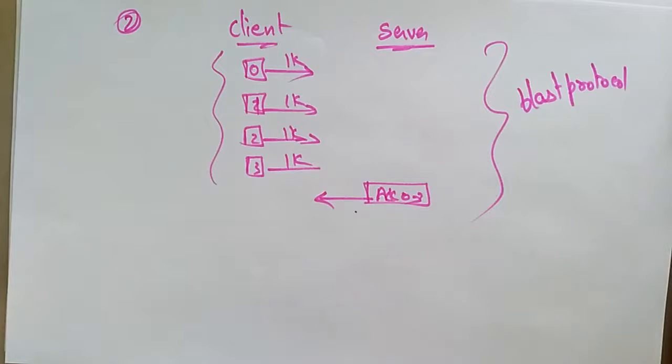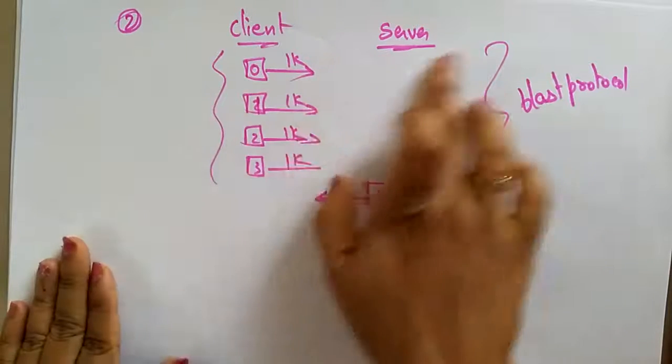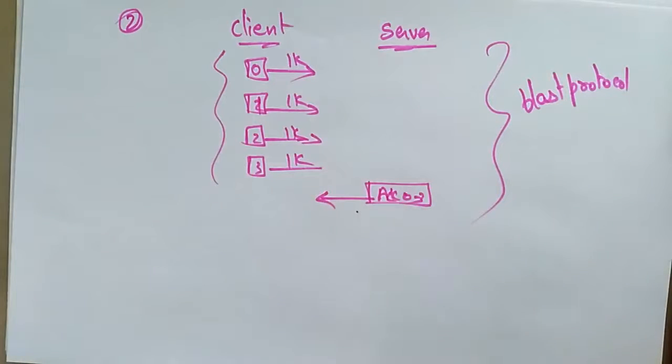If the file size is larger, then it splits the file into 1K packets and sends each 1K packet one after the other. Or the second method is sending the packets as fast as it can, not waiting one by one. First sending, next sending, next sending, means it is dividing the message into packets and sending them one after another.